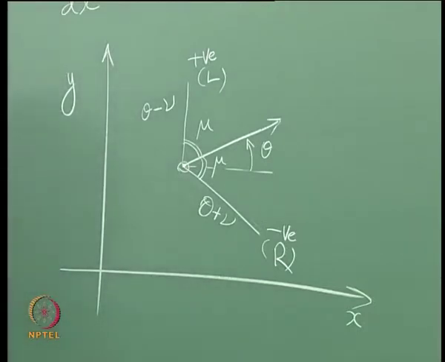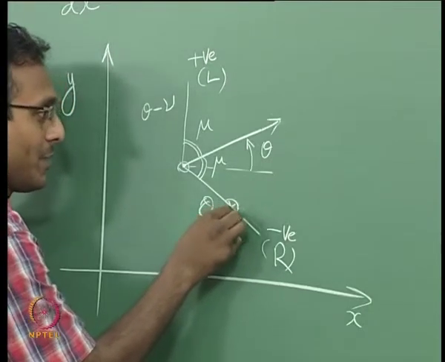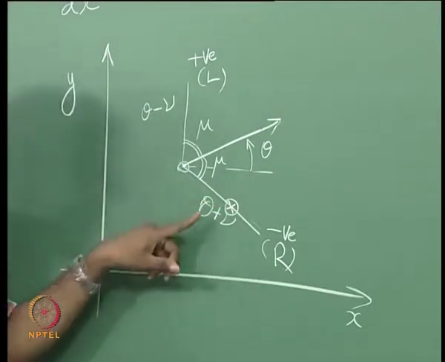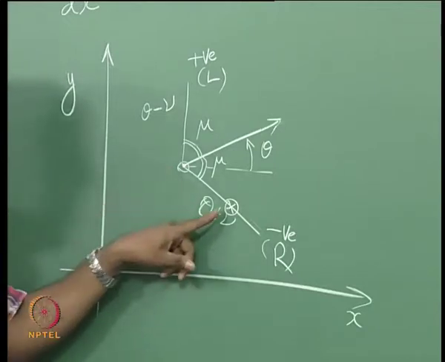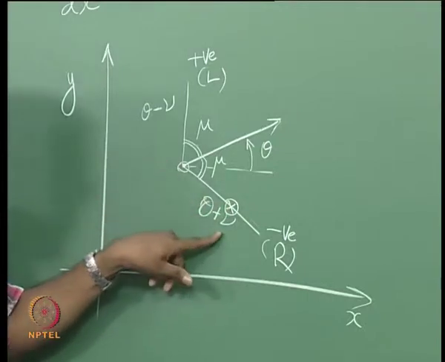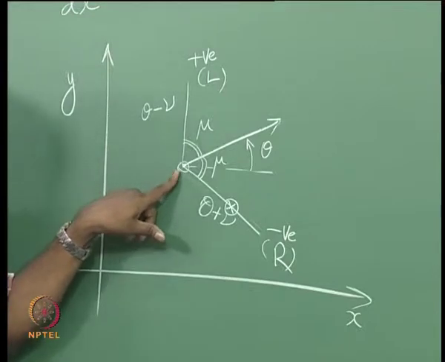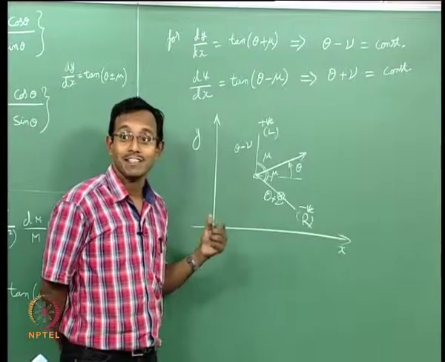Now if I want to find another new point, say I want to find a point on this, say this point I want to find, how will I find the value there? I need to find a theta and Mach number there at that new location. How will I get that? I know one relation between the theta and Mach number there. What is that? Theta plus nu should be the same value as theta plus nu at this point. But that is not enough, I need one more. Where am I getting the other one?